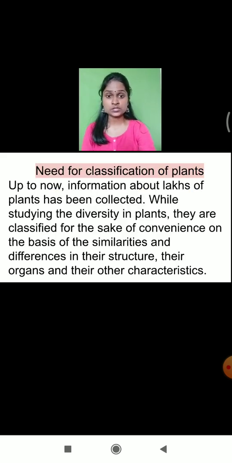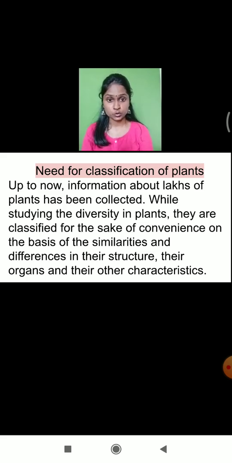Okay. So students, why the classification is very important, that we had already discussed. As I told you last time, in the bookshelf, if books are not properly organized, then we will find difficulty to get one particular notebook or textbook. That's why books have to be kept properly in the wardrobe. Okay, so guys, listen. As there are different varieties of the plants which are found around us, so we have to classify them in the proper manner to study about them in detail.